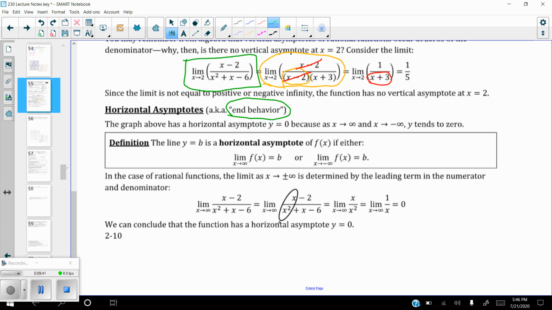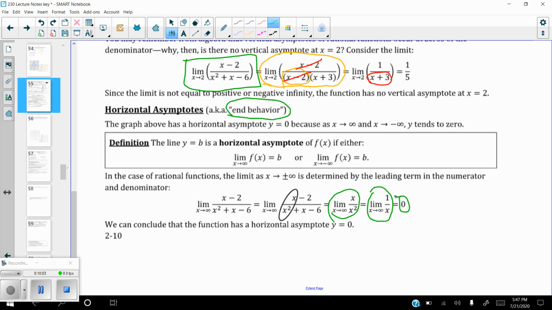Now be sure that the leading terms are actually written in descending order. Sometimes they'll try and trick you and they'll write them out of order. Just make sure they're in the correct descending order. So really all we're looking at is the limit as x approaches infinity of x over x squared, but that simplifies because the x over x squared reduces to 1 over x. And the limit as x approaches infinity of 1 over x,